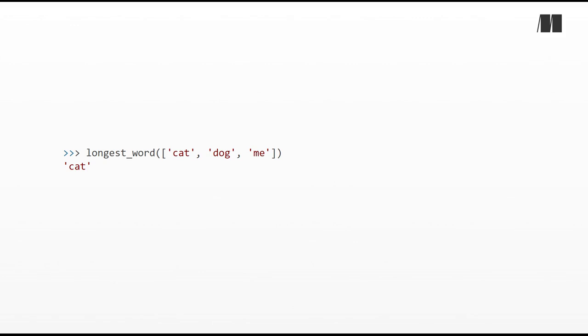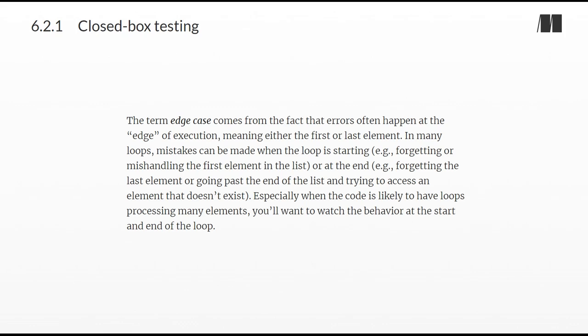What do we do if all the words in the list have no characters? A string with no characters is called an empty string and is written as just an empty pair of quotes. If all we have is a list of empty strings, then the longest word is just the empty string. So, a test with all empty strings should just give us back an empty string. The term edge case comes from the fact that errors often happen at the edge of execution,